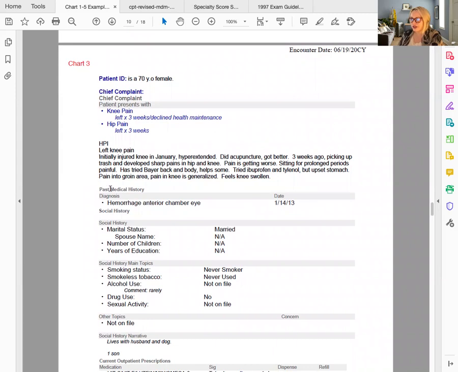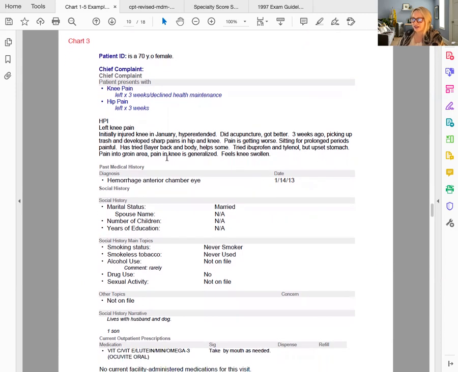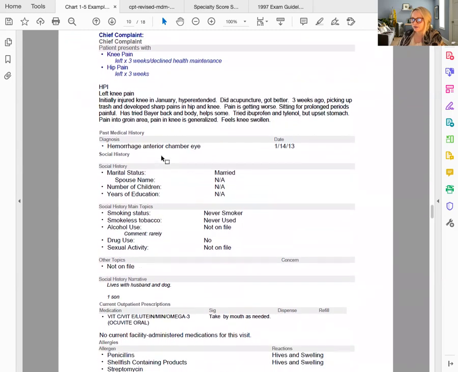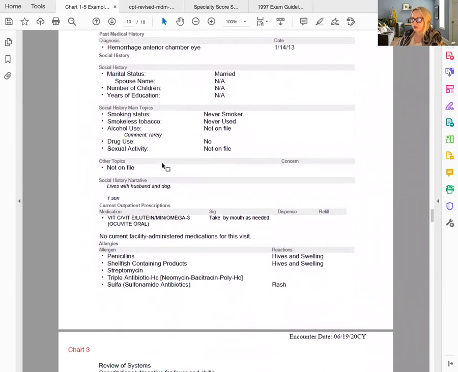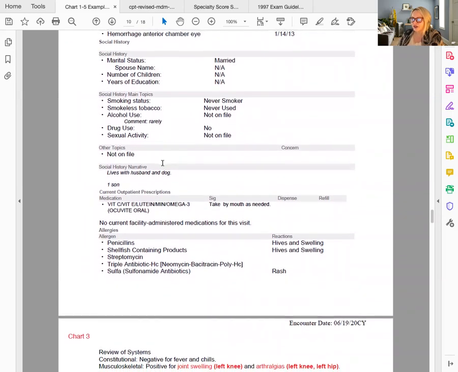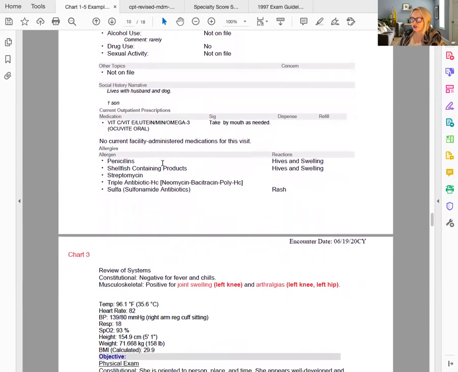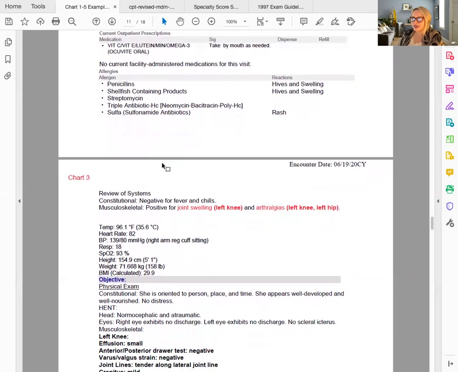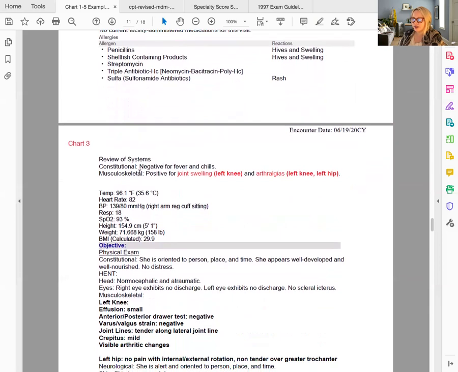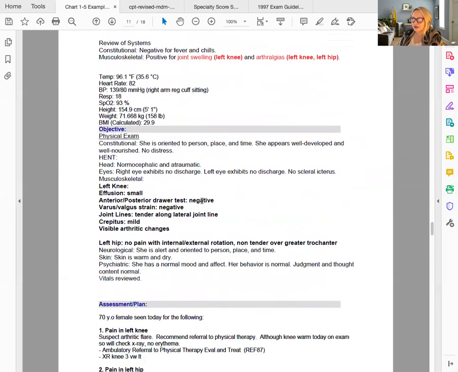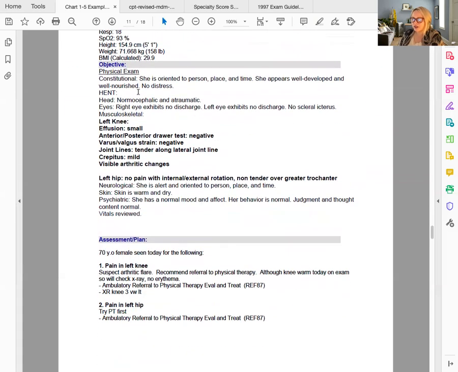There's some details about the knee pain, and it seems like the hip pain is possibly related to that. It does mention the groin area here, so that would be referred pain. There's a lot of information about their history. Again, this is pulled in from the system by the provider. A brief review of systems, fairly focused exam,